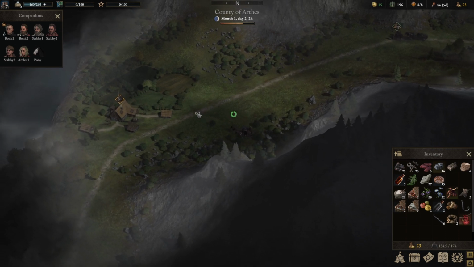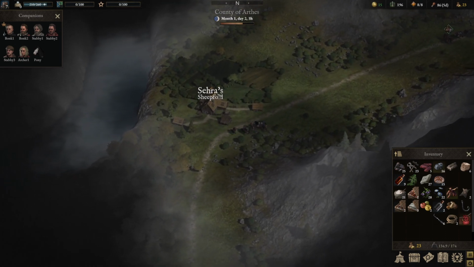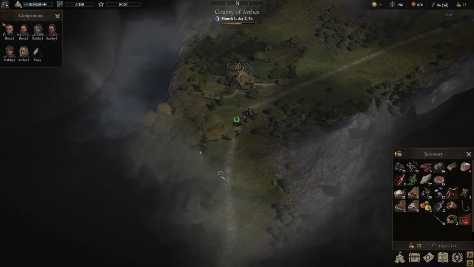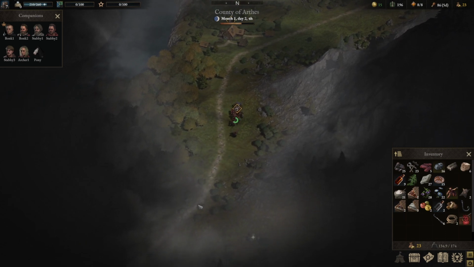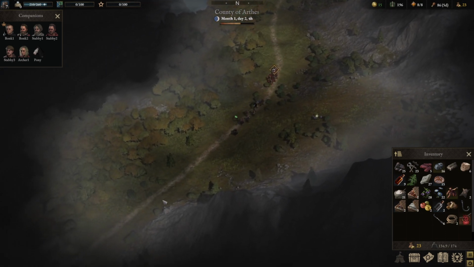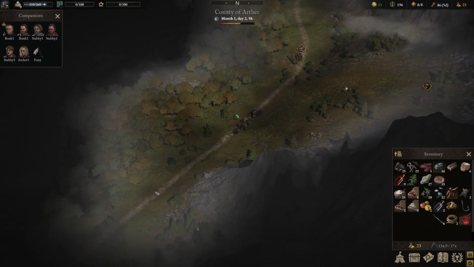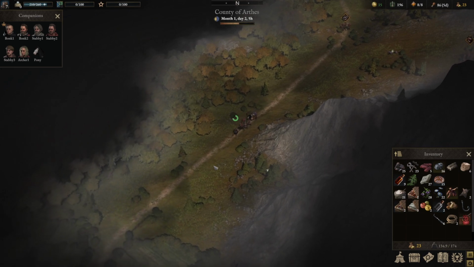But I do want to get to the point where I can start killing off wolves and stuff like that, because that will allow me to start stacking up animal carcasses. Not good, not good, not good. Leave me alone. Yeah, that's fine. I want to get to the point where I can start stacking up animal carcasses, because I,